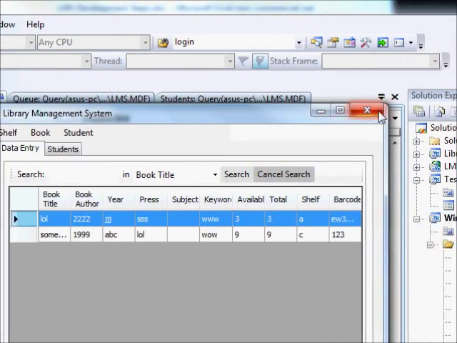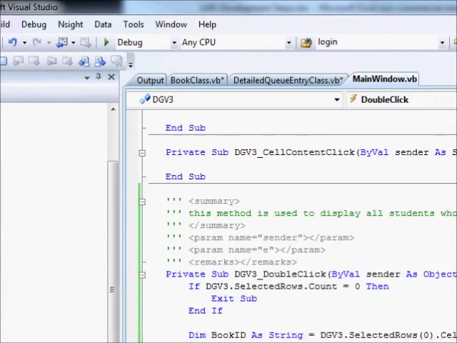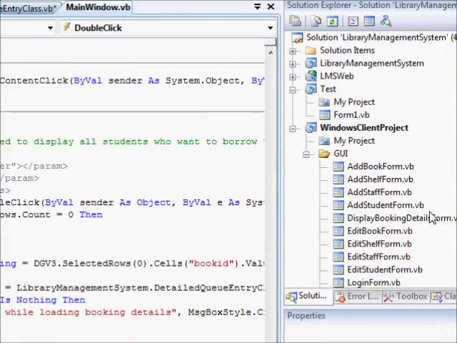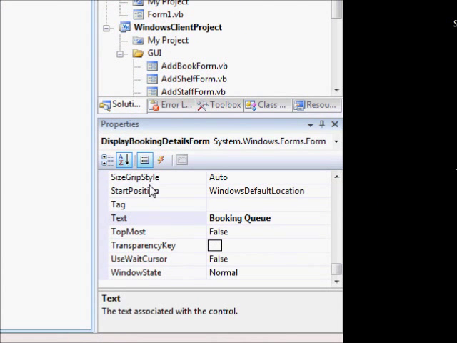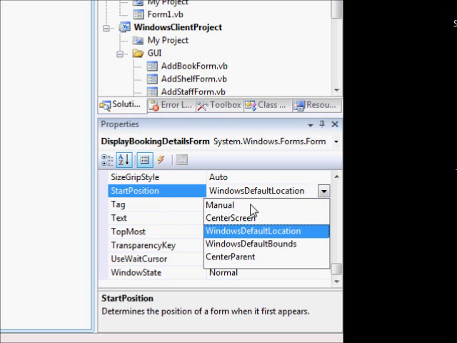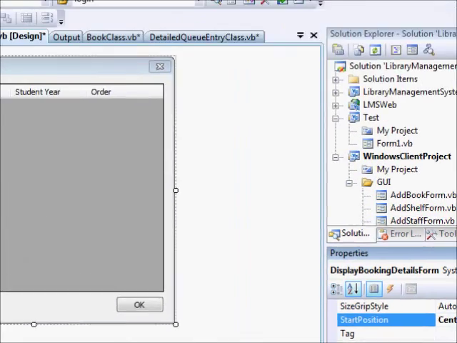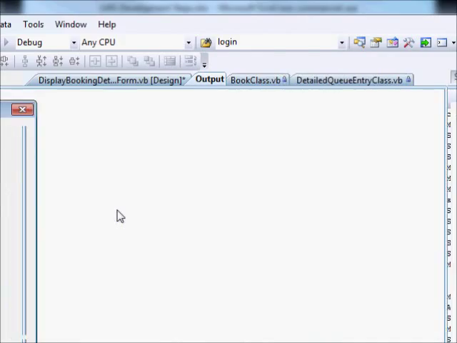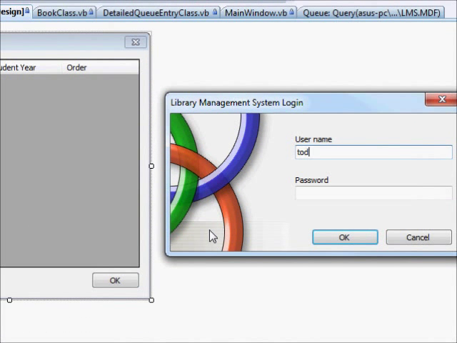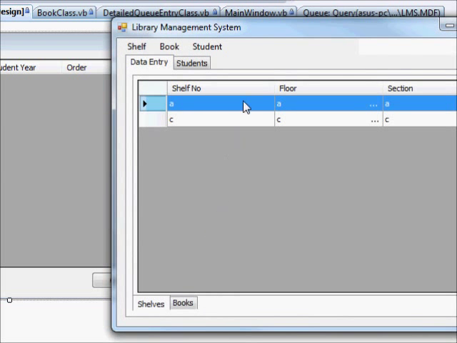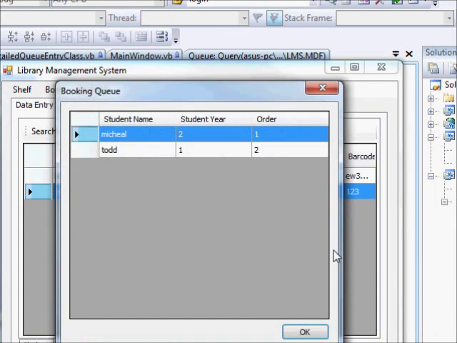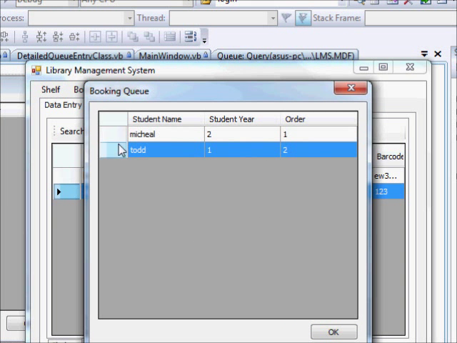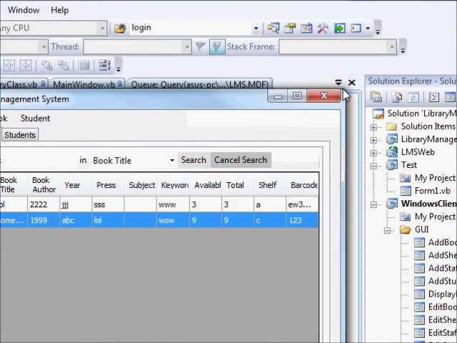Now one of the things that we have, we want to make this window appear at the very center. So double click that, and there's a startup position, center screen, could use center parent, whatever. Okay, so it's gonna be Todd 123 go, and there's the book. I'll double click this one, no problem. Double click the second. I got these. Okay, so that's good. We finished